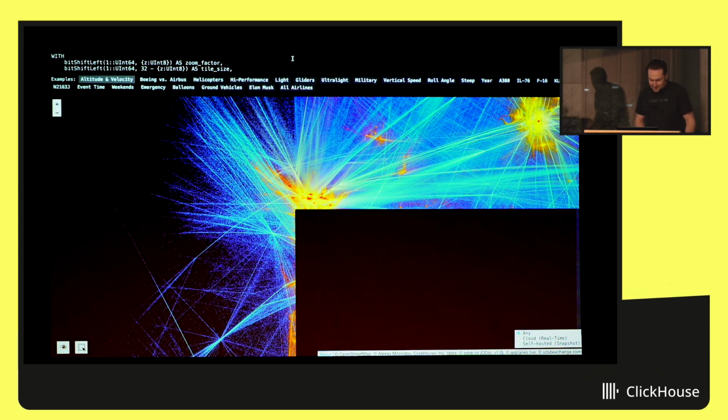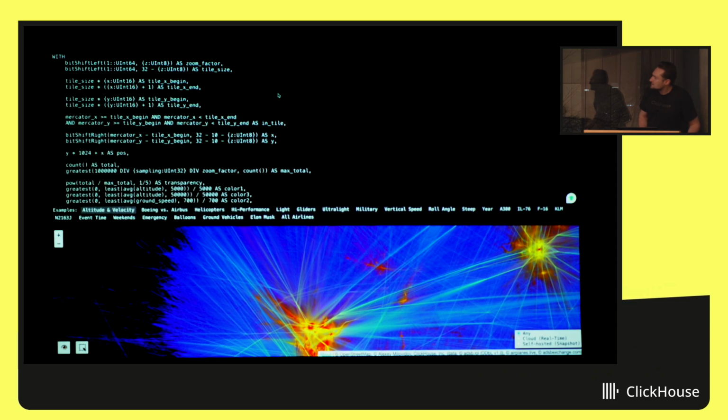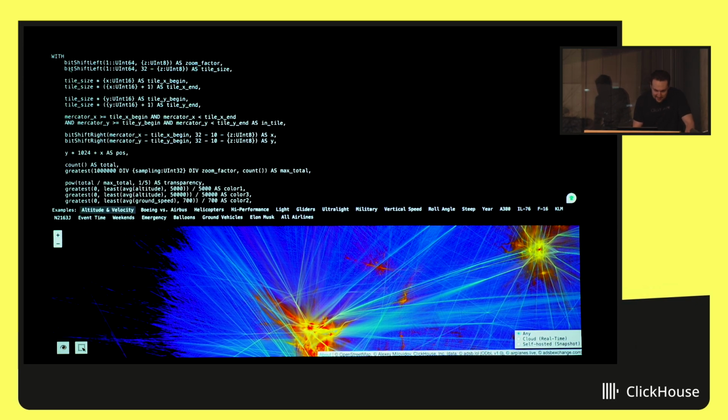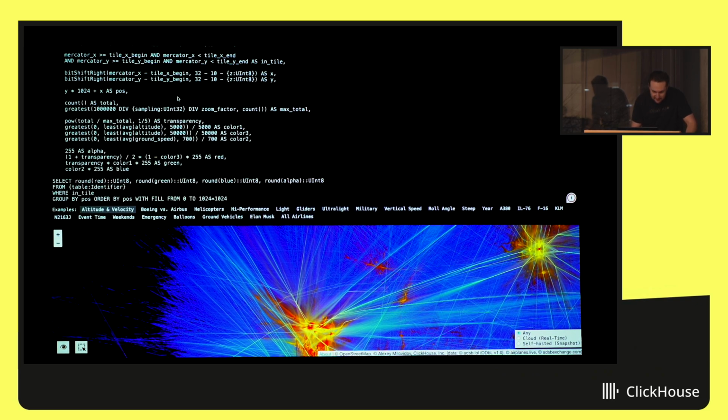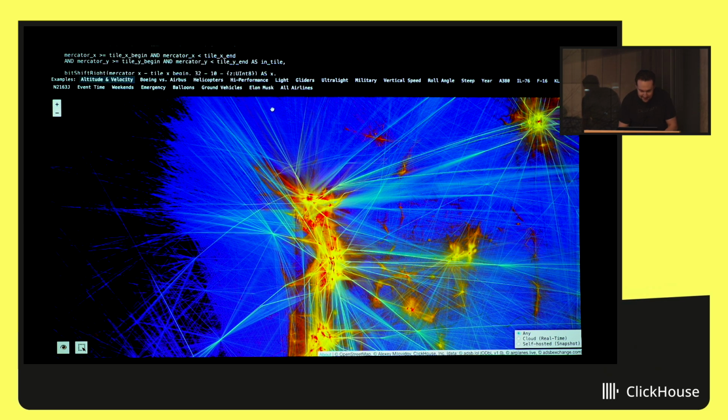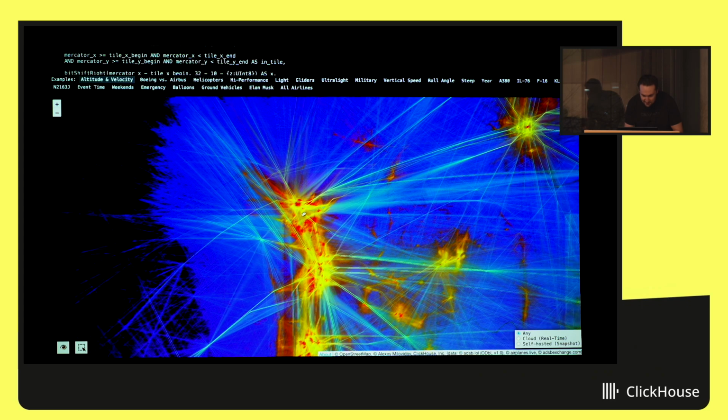And what this demo does, here we have a query. This is a ClickHouse query. I have some aliases defined, and it will produce a result in raw binary format for every tile in a map with pixels. So this SQL query directly generates these pixels. Every tile is 1 million pixels, and all of these queries are run in real time. I can edit this query, I can zoom in, I can change this query to filter.